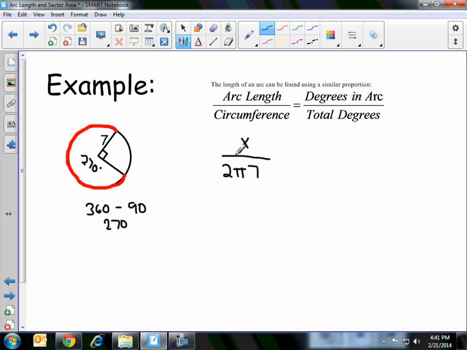R in this problem is 7, and that's equal to the degrees in the arc, which we calculated earlier as 270 degrees, over the total degrees of a circle, so we have 360. Cross multiply, we have 360x, and that's equal to, well, 2 times 7 is 14, so we have 14 times